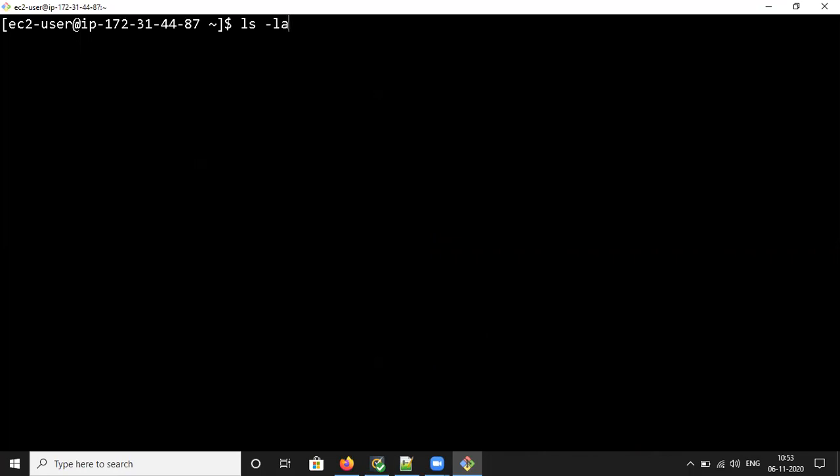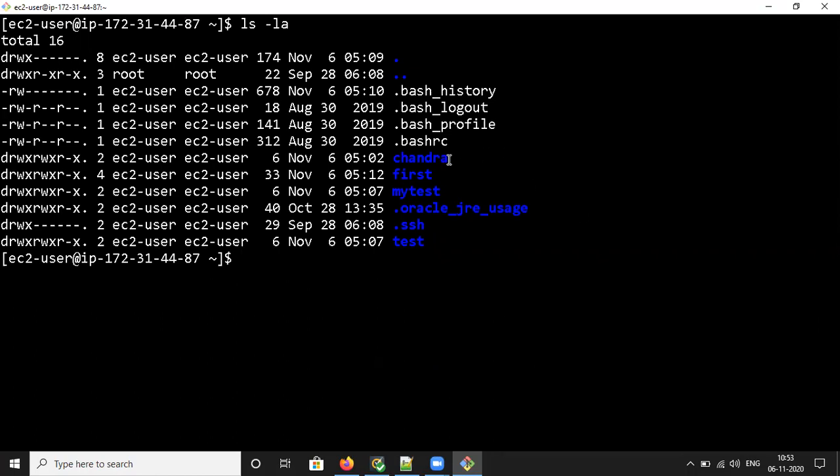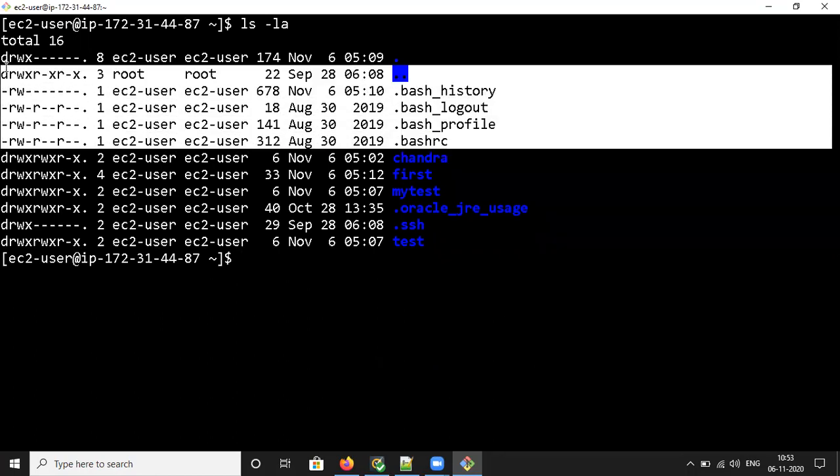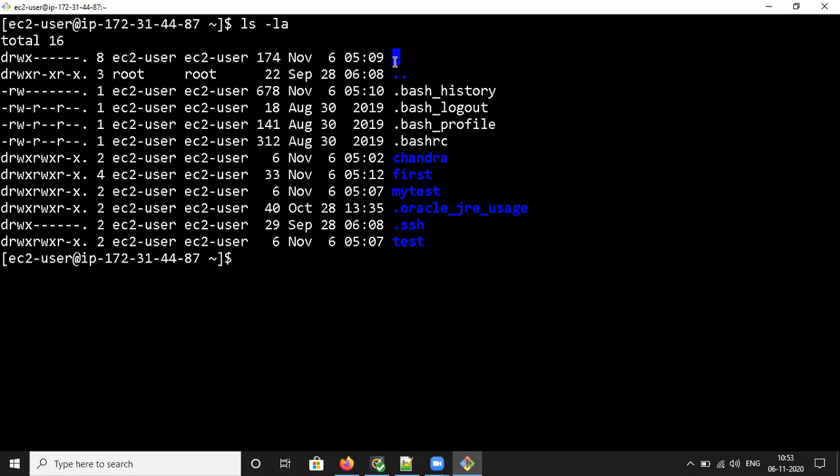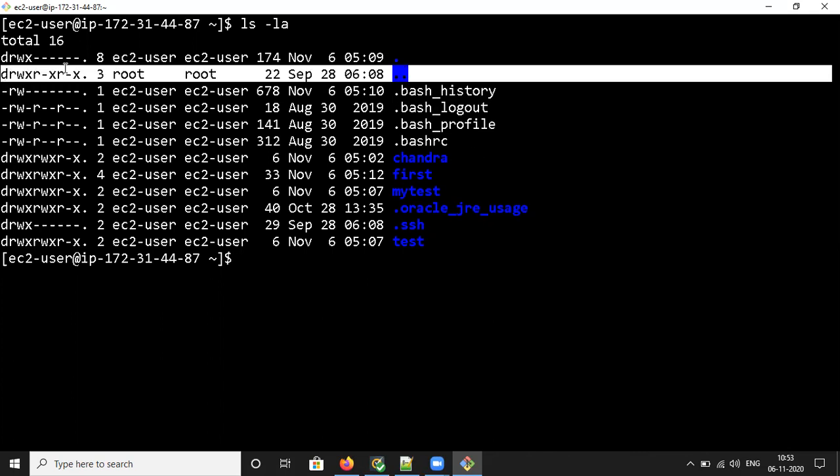It is going to display everything. See, these are the hidden files. See, dot means the current directory, dot dot means the parent directory. See, it is going to the root directory. The root directory is the parent directory and is called the root admin user or root user.